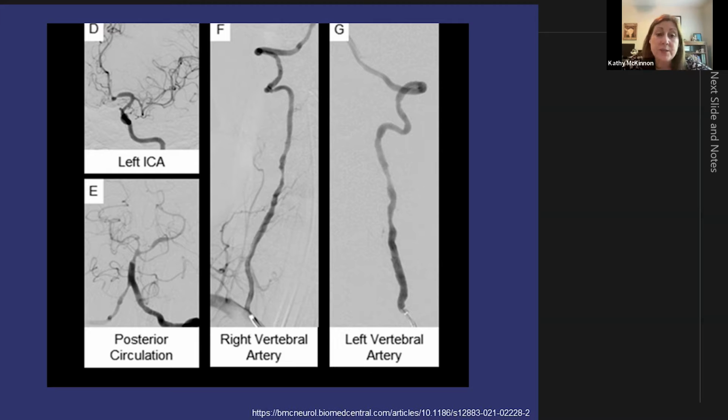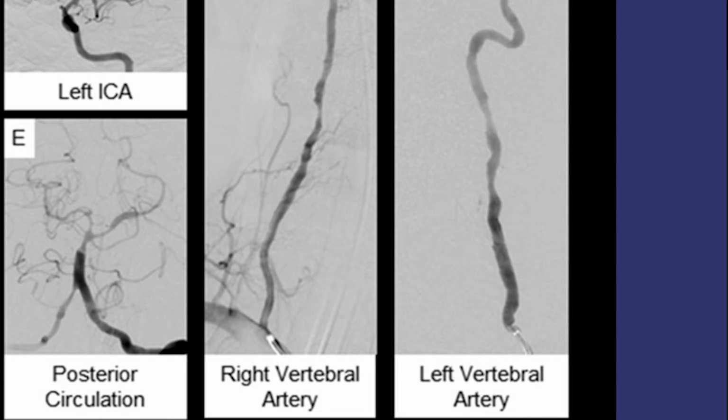This can affect the brain as well. This shows angiographic studies of arteries that are going to the brain. The left side of the brain, the back of the brain, and the vertebral arteries run up the back side of the brain as well. And instead of seeing those nice straight tubes, you see rather ragged, beaded looking arteries.